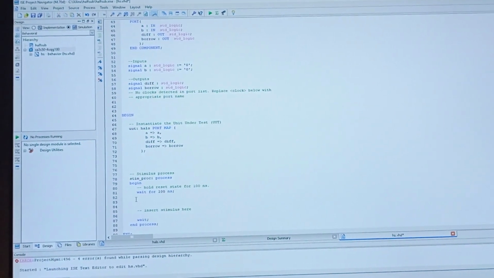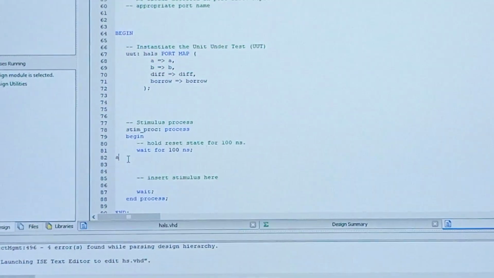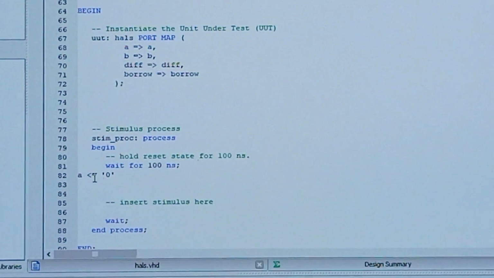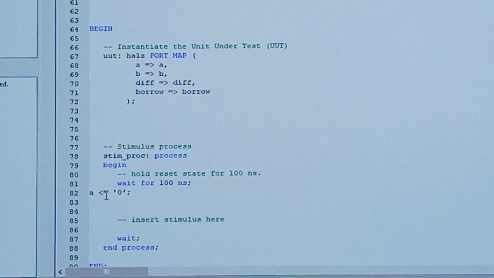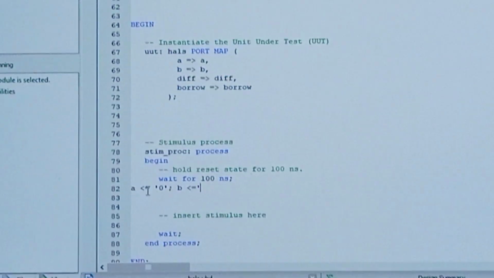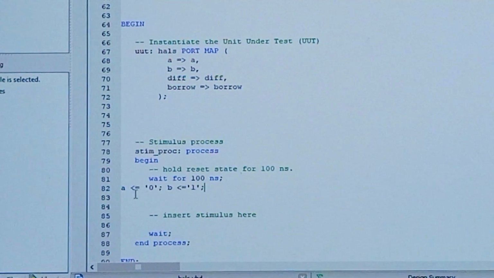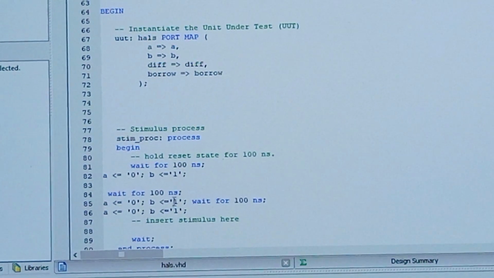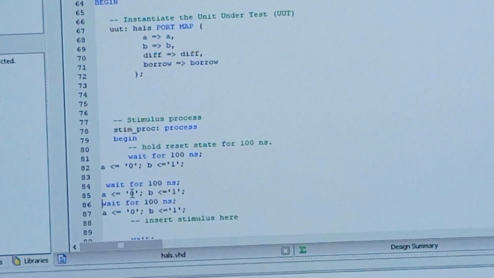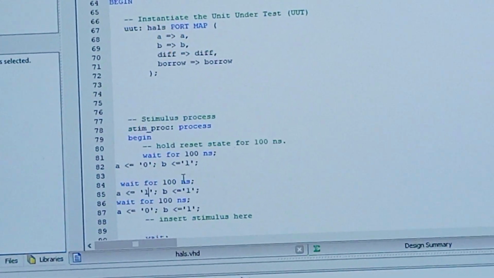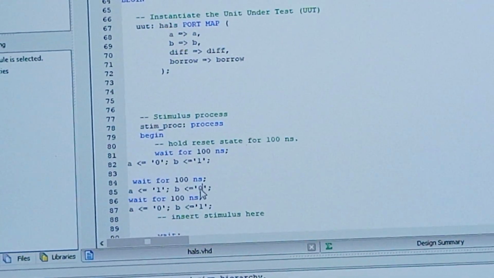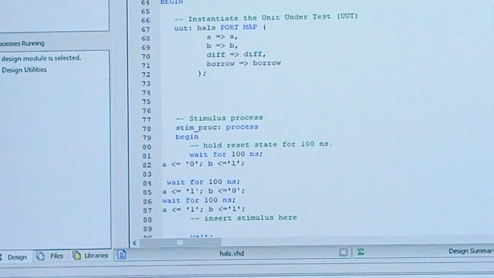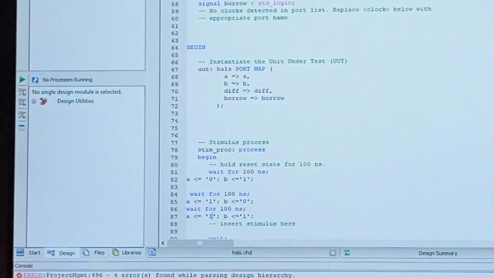Give the remaining combinations, that is A 0, B 1. Next combination is 1 0. A 1, B 1. Now save the program.